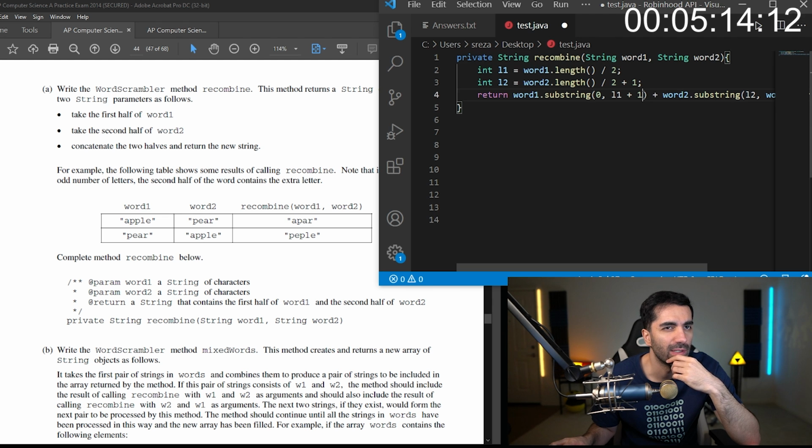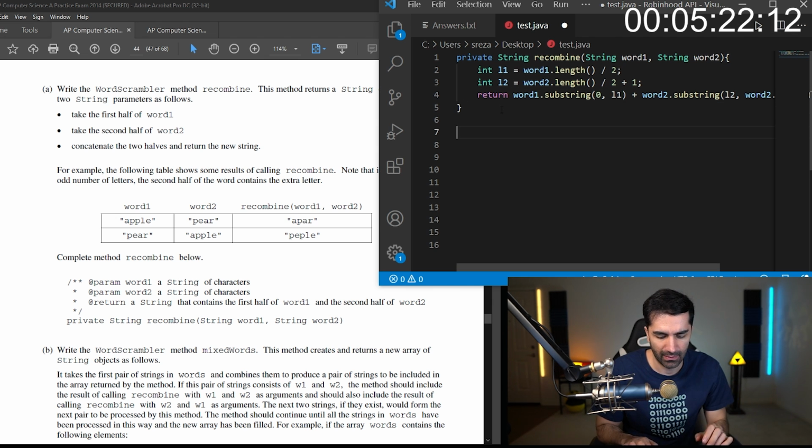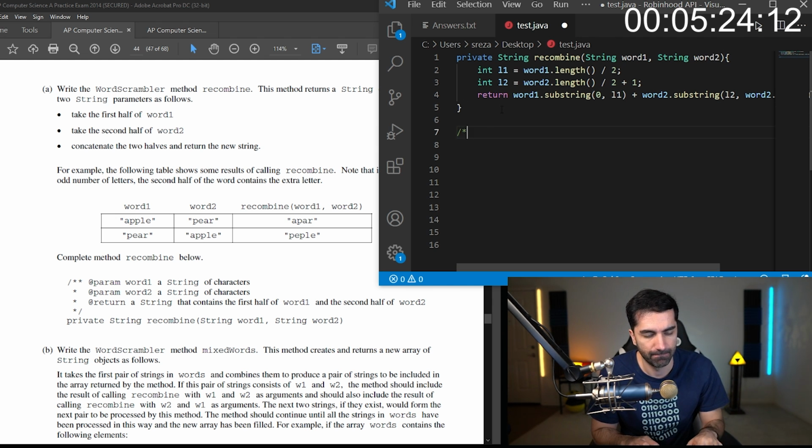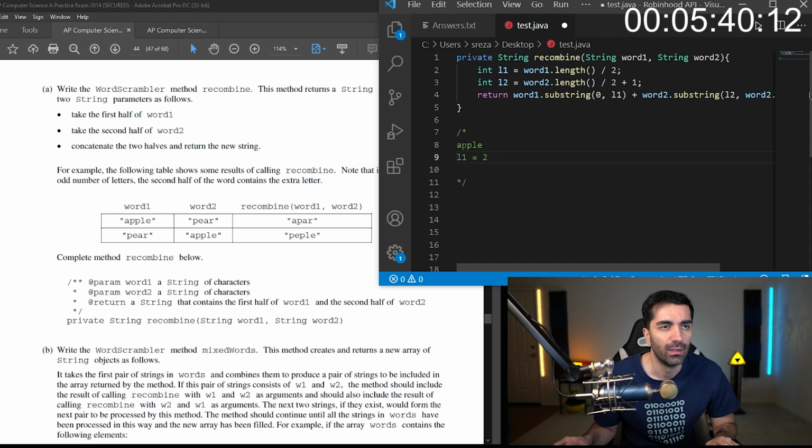I don't think it would be plus 1. I think it would just be L1. Right, because for apple, L1 is going to be 5 divided by 2, which gives us a 2. The substring, we want A and P, so it's going to be 0 and 1. So we want it to be 0, 2.